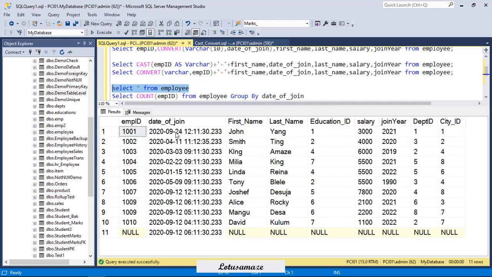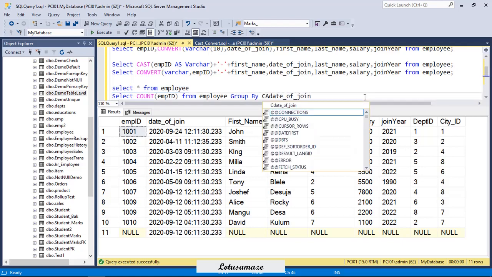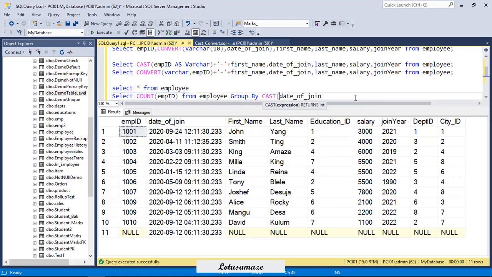So what do we do now? We can ignore this time. You can observe this date 9/12, 9/12, 9/12. The date is the same but the time is different, so we need to ignore the time. How? We can convert this datetime to date. So CAST as date.